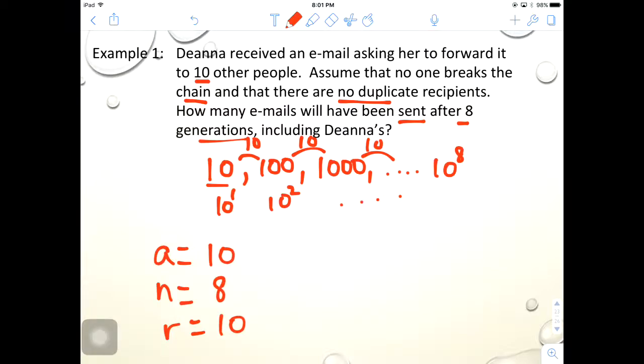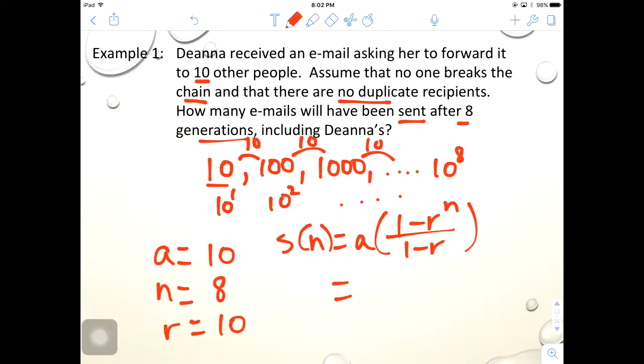So using the summation formula that we just learned in the previous lesson, we're going to use S sub n is equal to a times 1 minus r to the n over 1 minus r to add this sequence. We're going to substitute a, which is 10, 1 minus the ratio, 10 again, to the generation, 8, over 1 minus 10. And you can use a calculator to do all this math. It should work out to be